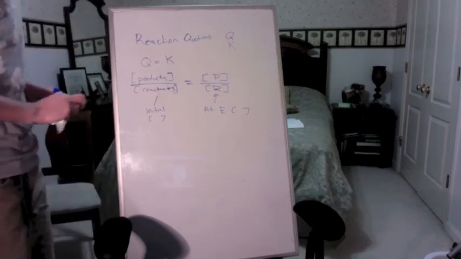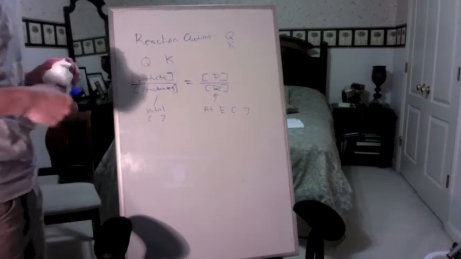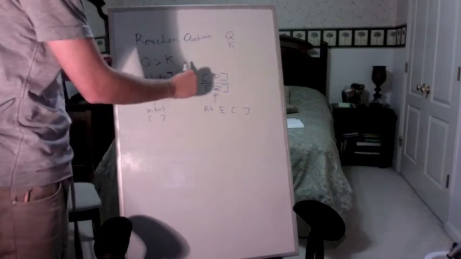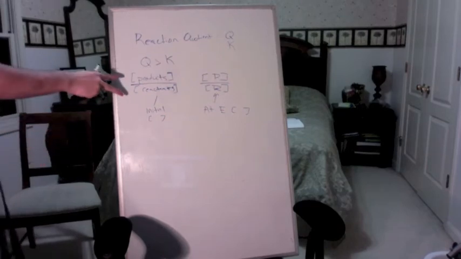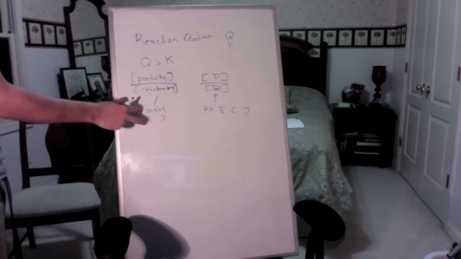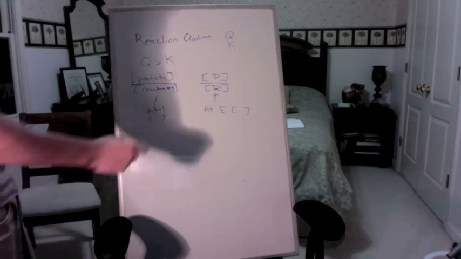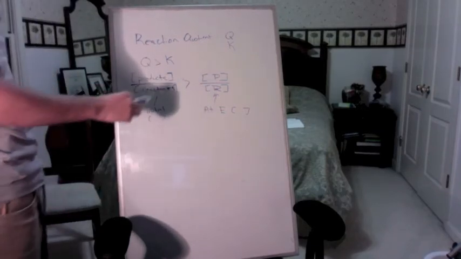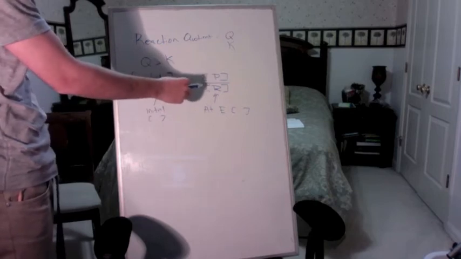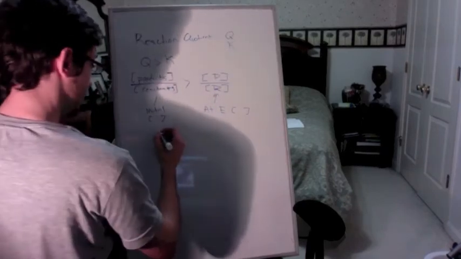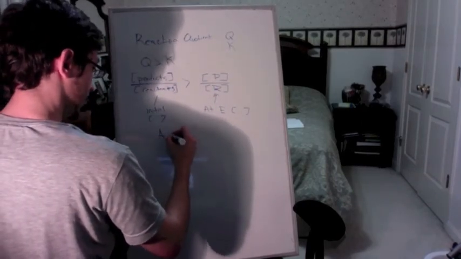Now, let's look at a case where Q is greater than K. When Q is greater than K, the ratio of the concentration of products to the concentration of reactants at the initial concentrations before a reaction occurs is greater than the ratio of concentration of products to the concentration of reactants at equilibrium. So let's look at our general equation: A plus B